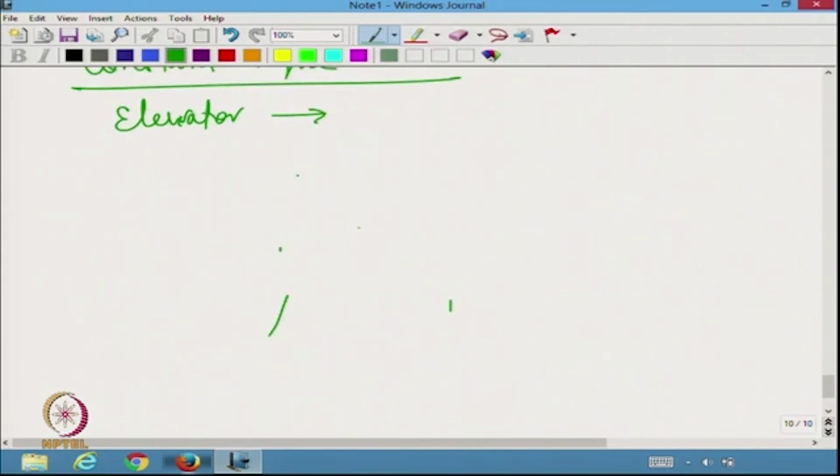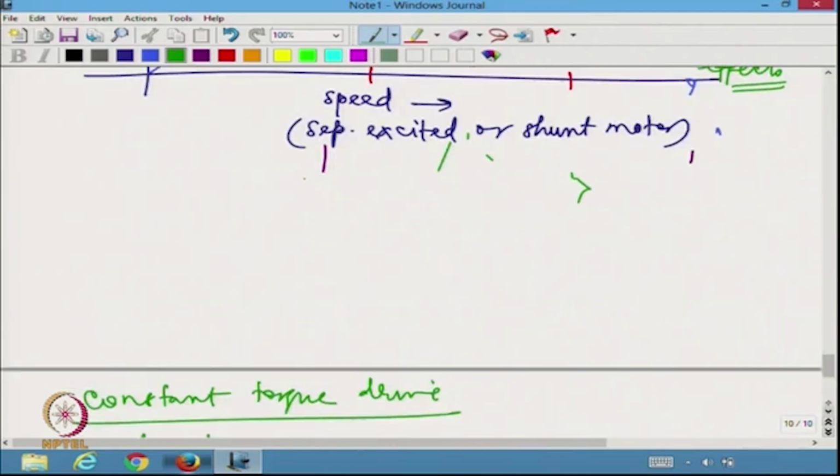If I want to adjust the speed, I have to make sure that the torque capability is a constant. Hoist, electric vehicles, these are extremely important in terms of constant torque zone,